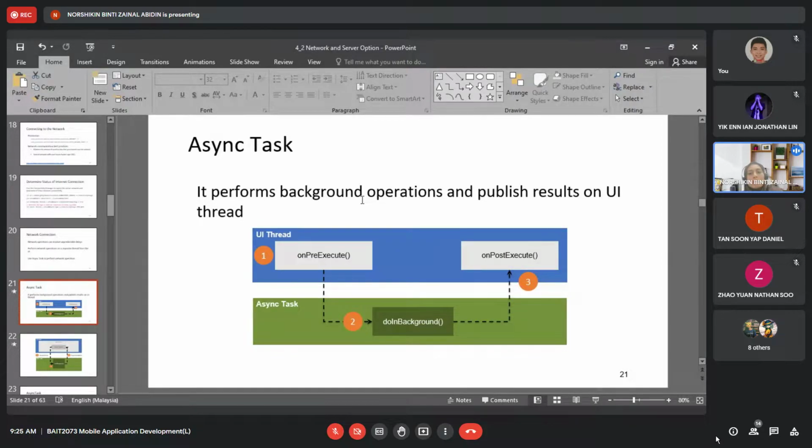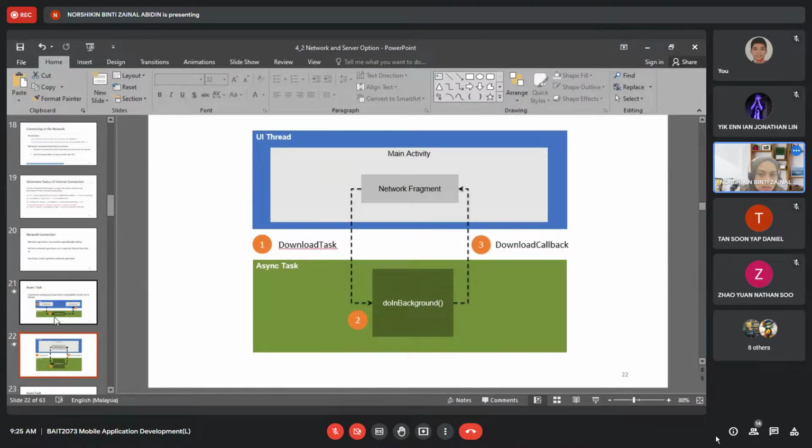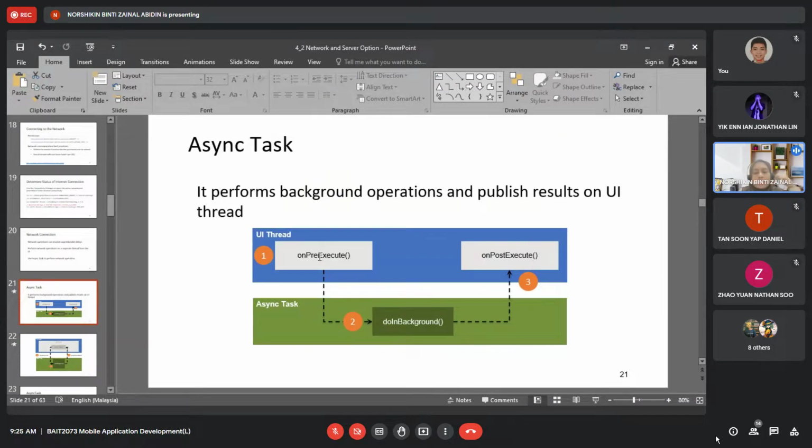So it performs background operations and publishes the result on the UI thread. Here is the process. As you can see, we have the UI thread and the background process. On the first one, the UI thread, we have the pre-execute process, and then under